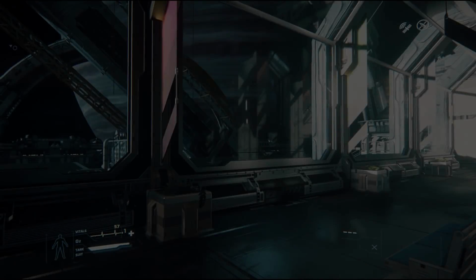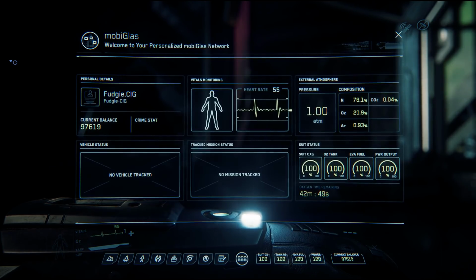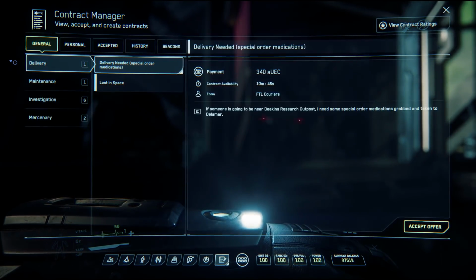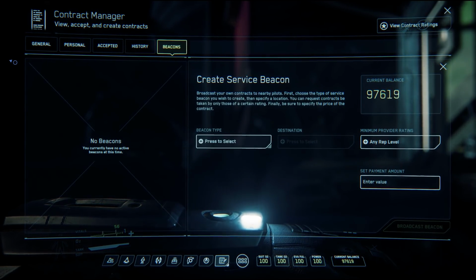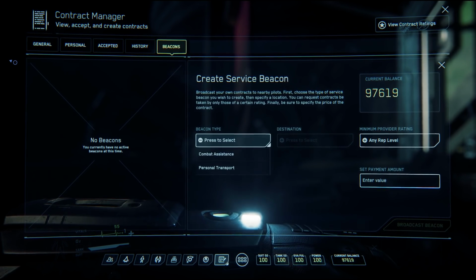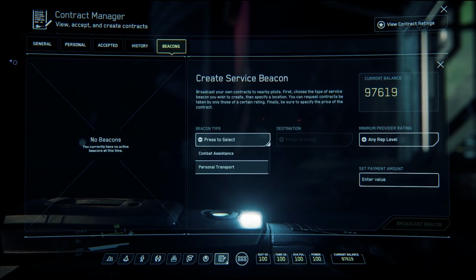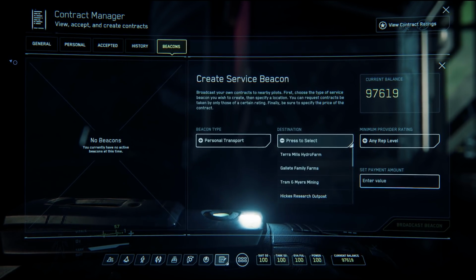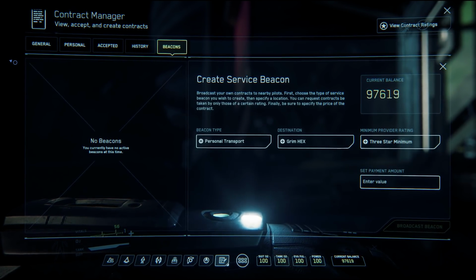You go in through the exact same way that you would do any other mission. You open up your mission manager. You have a beacons tab, so if you need a service, then you can go there and create a new beacon. Select the beacon type, fill out the parameters. It's really simple right now. Fill out how much money you're willing to pay. Combat assistance is by the minute, or the personal transport is just a one lump sum payment, and